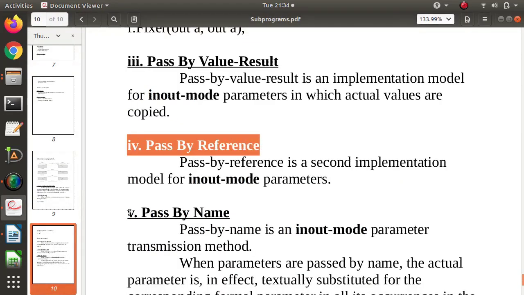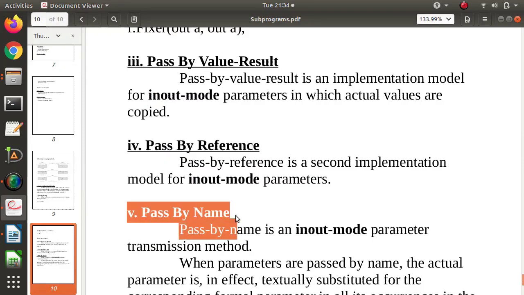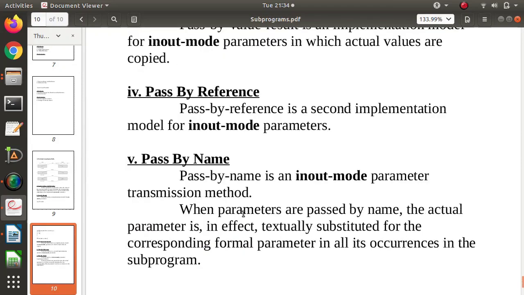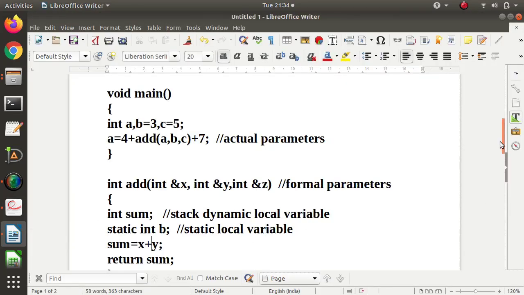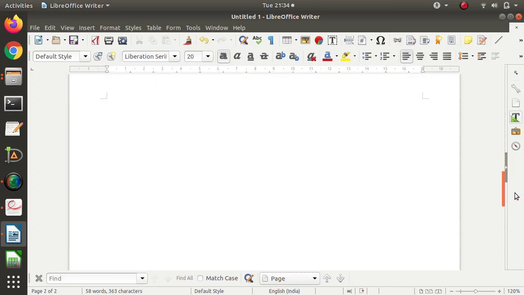Now, last is pass by name. Now it is difficult to understand. Look at this. So it was in out mode, and how it was. So one simple example I will tell. So for example, suppose we have one function, suppose add, and it has some variables.